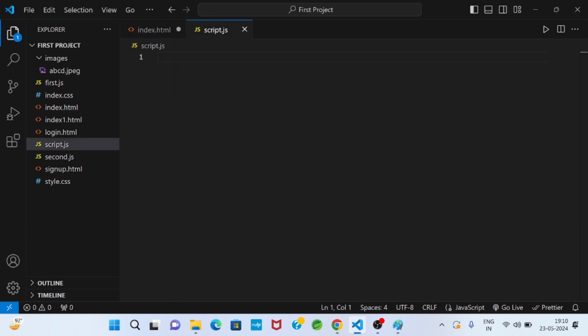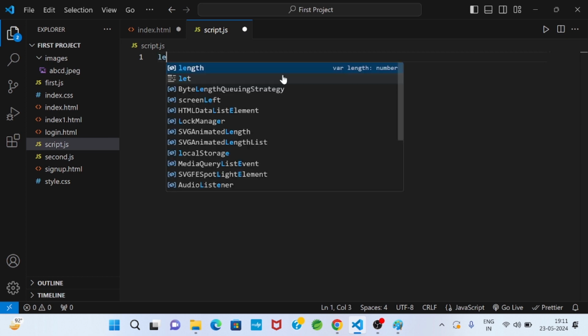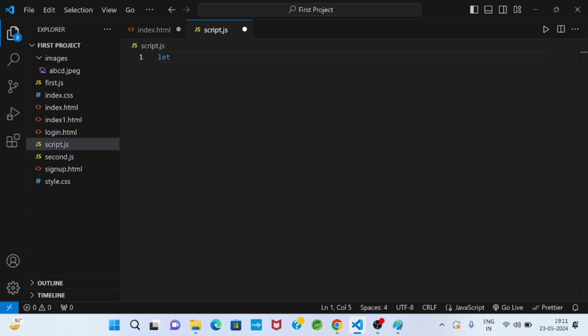I will come to my JavaScript file. So for of loop, you see, suppose I have a string variable. Suppose str equals Ceylon software.